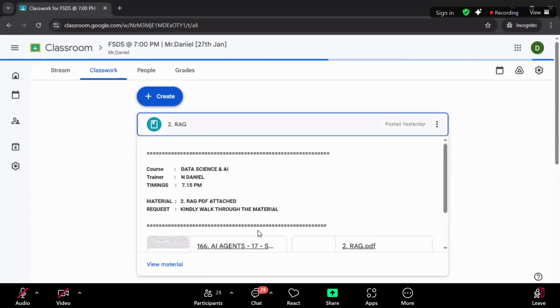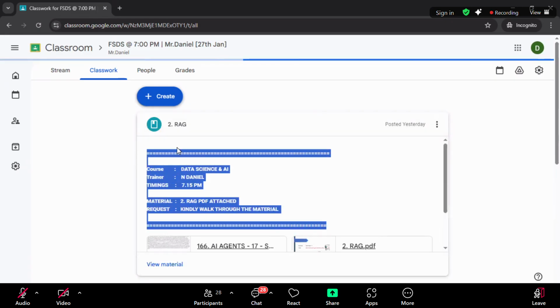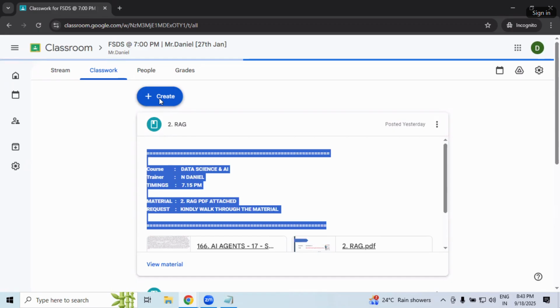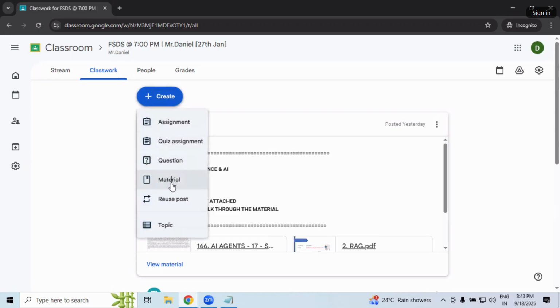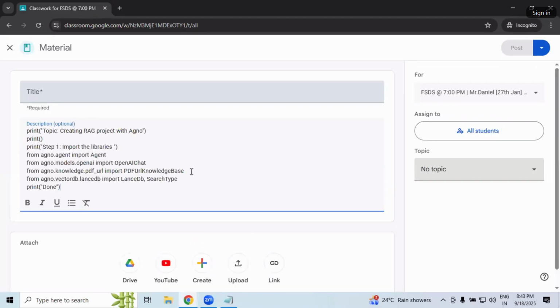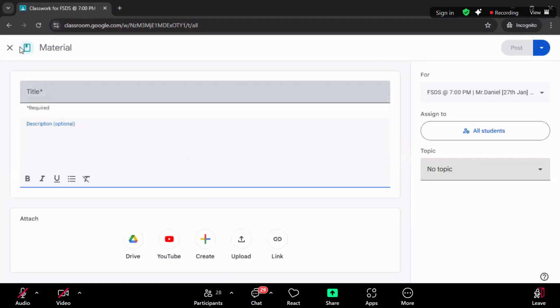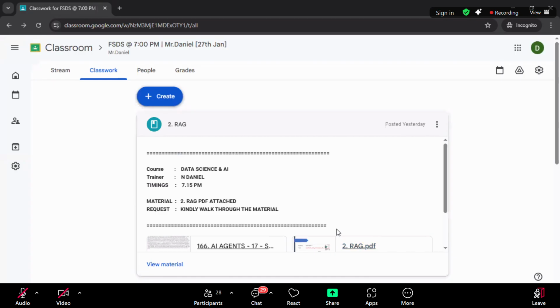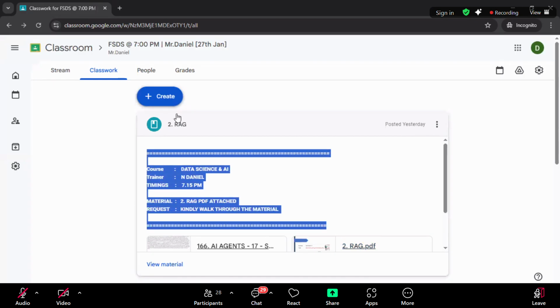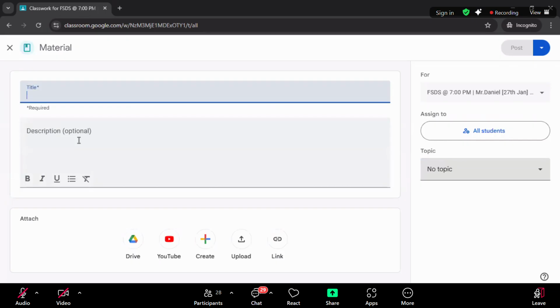Then I need to create one separate window. Oh, sorry. Daniel, what happened? Create a separate window.